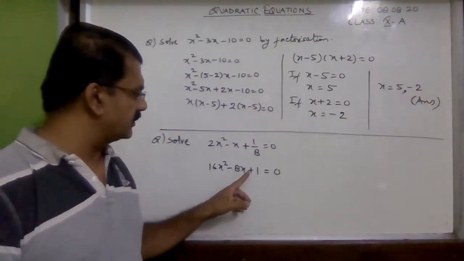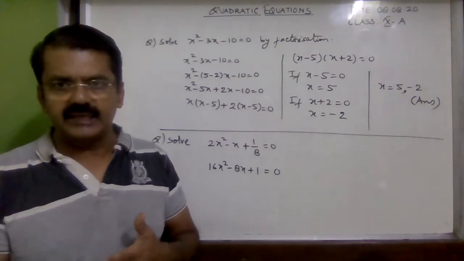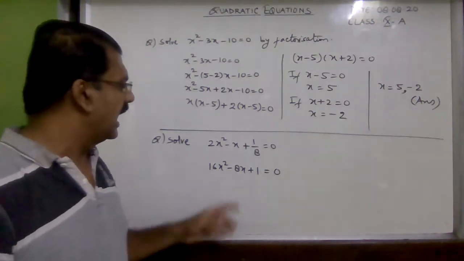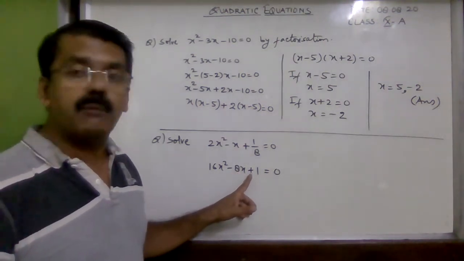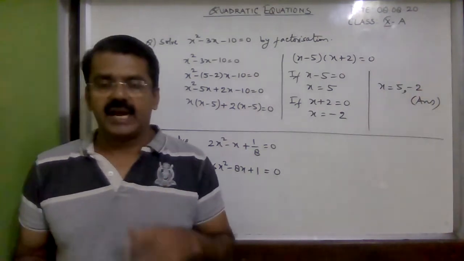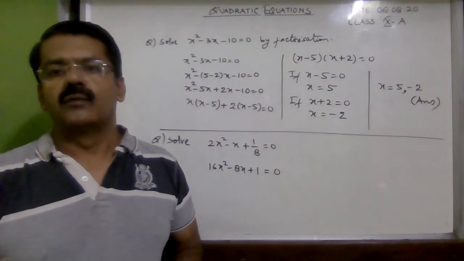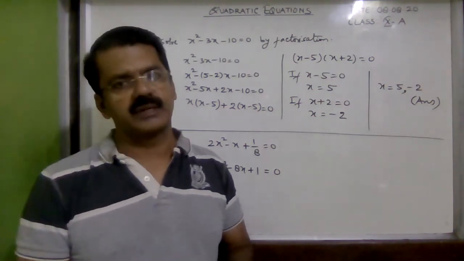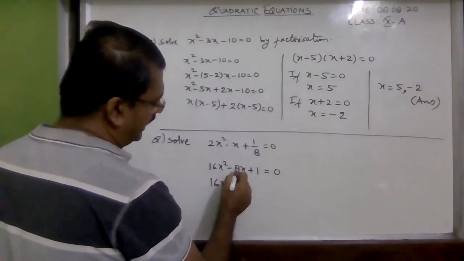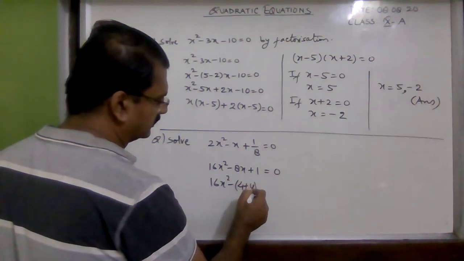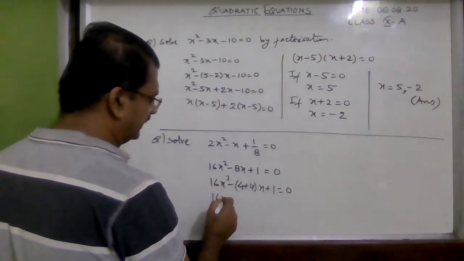There is a positive sign over here, so you have to think of two numbers whose product is 16, and whose sum, why sum? Because there is a positive sign over here, so the sum must be equal to 8, and the numbers are 4 and 4, because 4 into 4 gives you 16 and 4 plus 4 is 8. So what we do, 16x square minus, in place of 8 you write down 4 plus 4. Okay, now when you open the bracket,